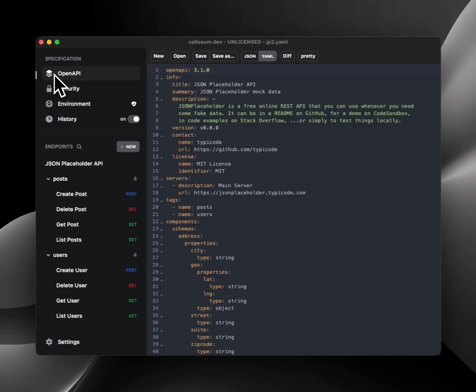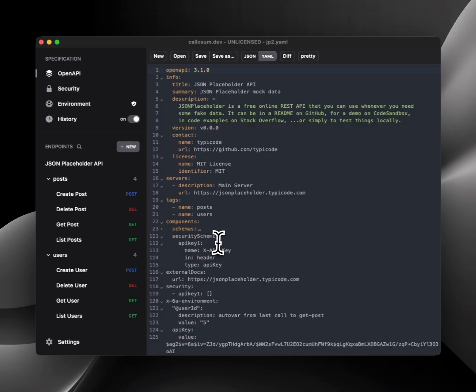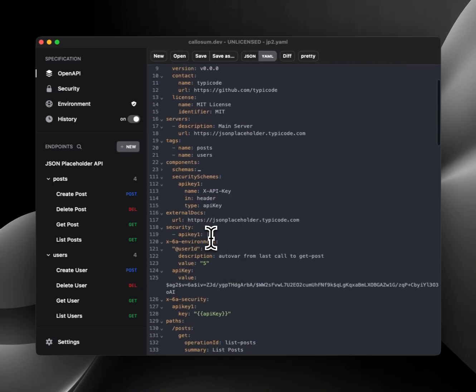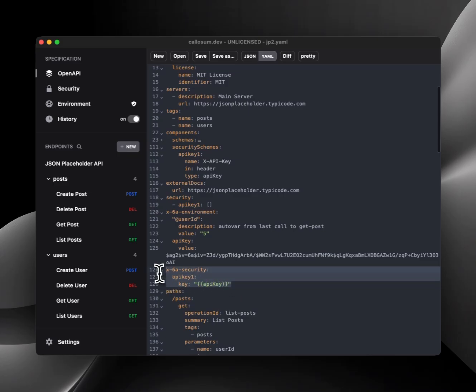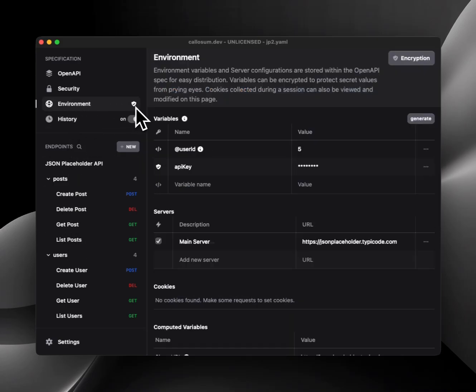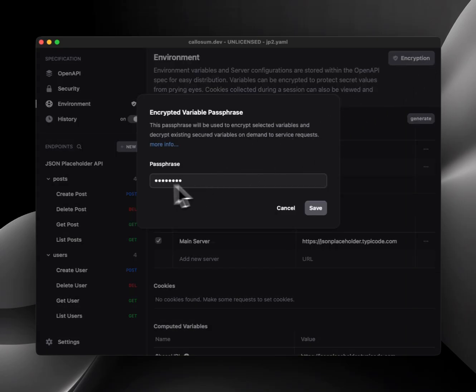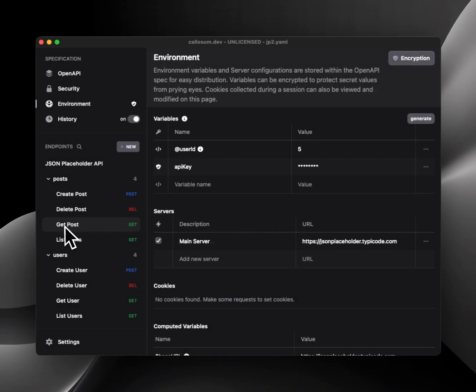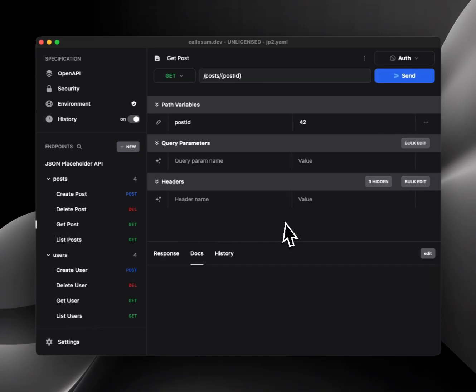So if I go back to our OpenAPI spec, I can see our security settings only refer to the variable, and our variable is fully encrypted in here. Anytime we see this little icon here, it means that we have a passkey set right here. And that means that any endpoints that need an encrypted variable will be able to transparently